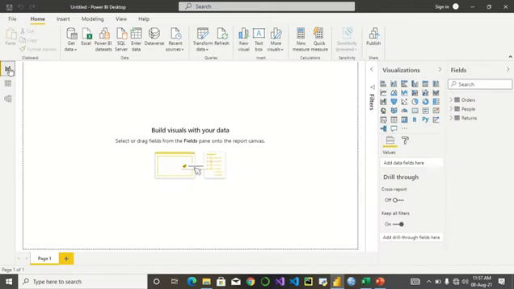As I said, we'll be creating this dashboard. One is for your analysis, the other one is linear regression, and the last one is time series analysis. We'll be using these visualizations. There are different visuals here that you can use. This is the field, where the different tables are. Now, the first thing we want to do is